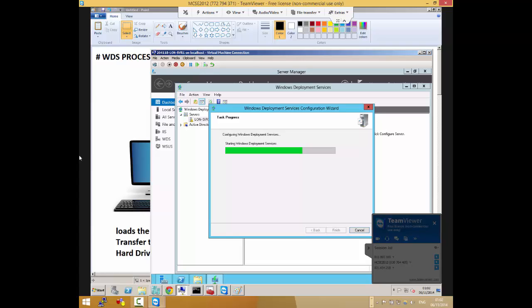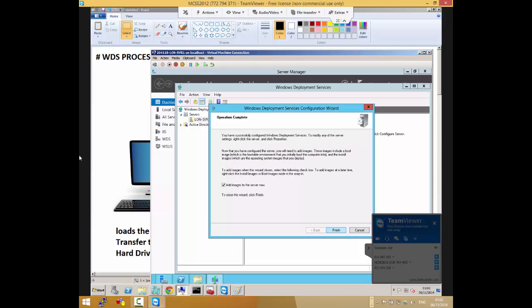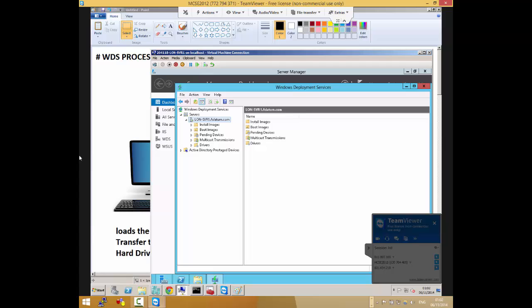After we configure it, it's going to ask us whether we want to add images to it. If you remove that option and click finish, now it is configured.